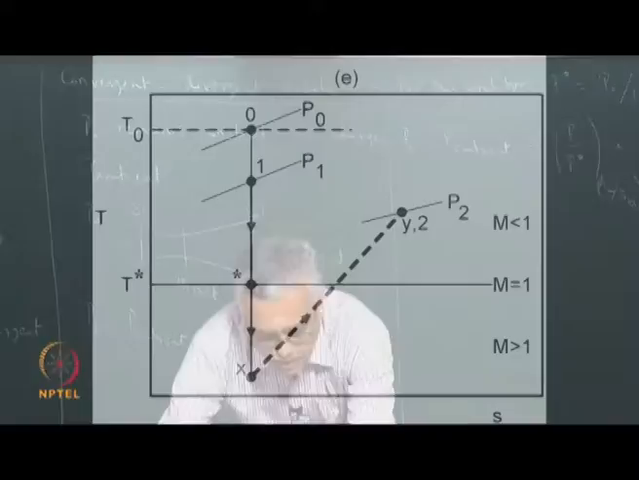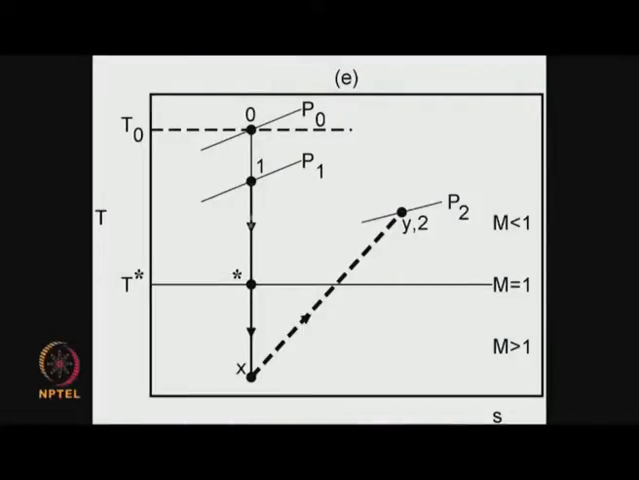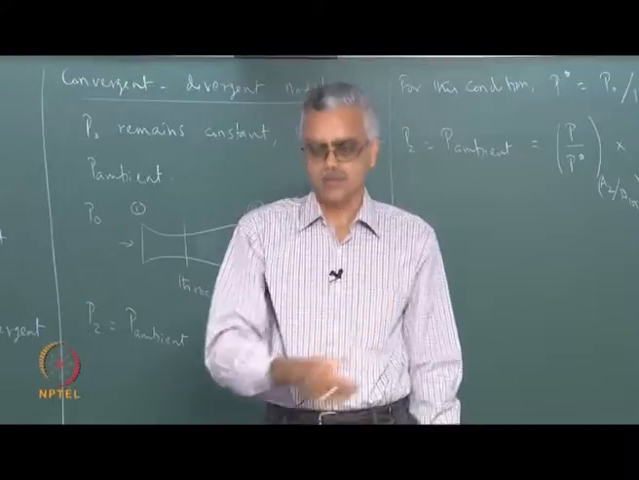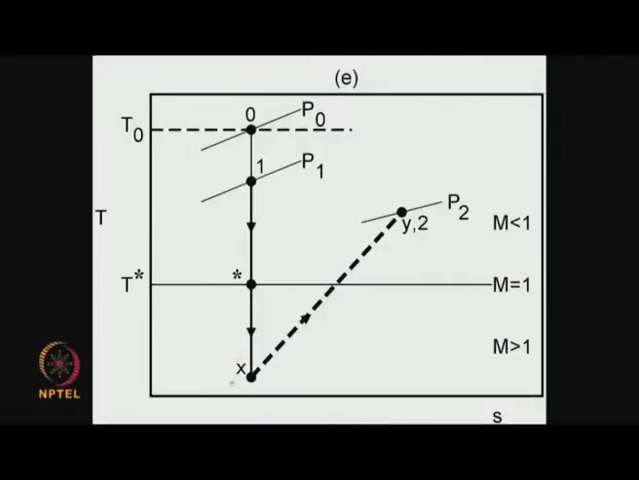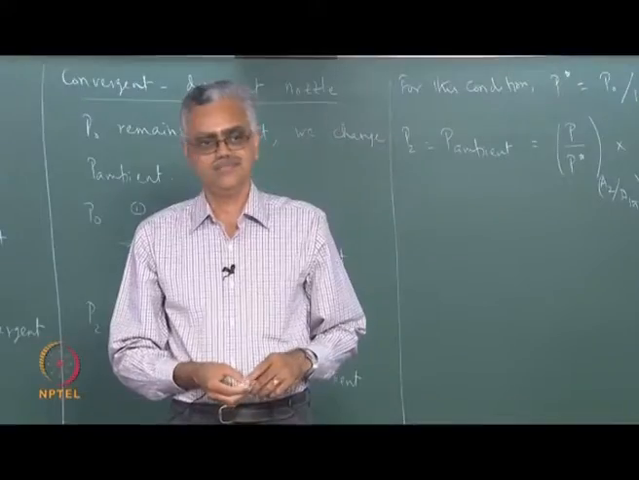Okay. Notice that this part of the curve from 1 to x will continue to remain the same as before, because all states which are upstream of that, where M is greater than 1, will not be affected by changes downstream that we are making. Okay. So now what happens if I lower the ambient pressure a little bit more,